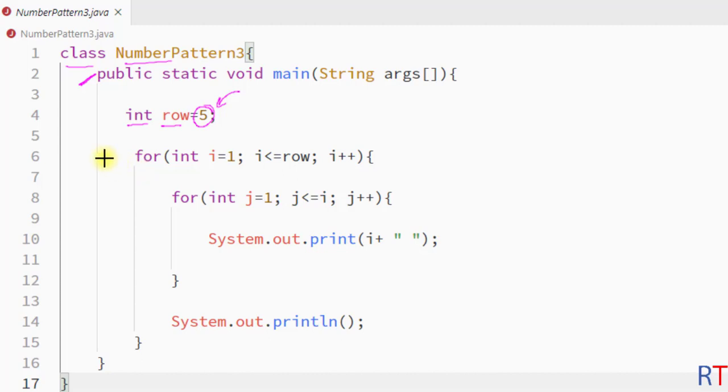So at the start of the program execution, the value of i will be 1, so the inner for loop will run one time, and this will print the value of the variable i, 1, onto the console. And then we have the println method for the line break, and after that the control will go back to the beginning of the outer for loop,